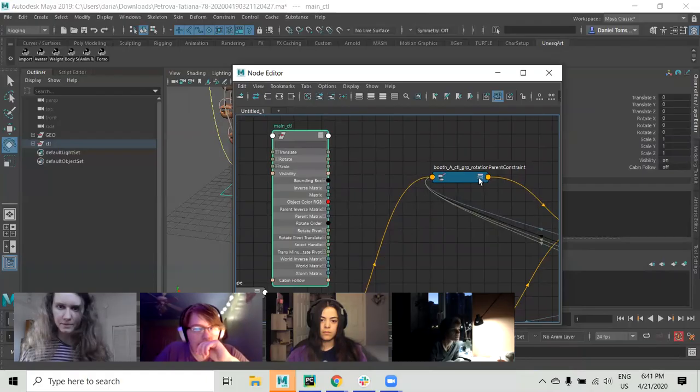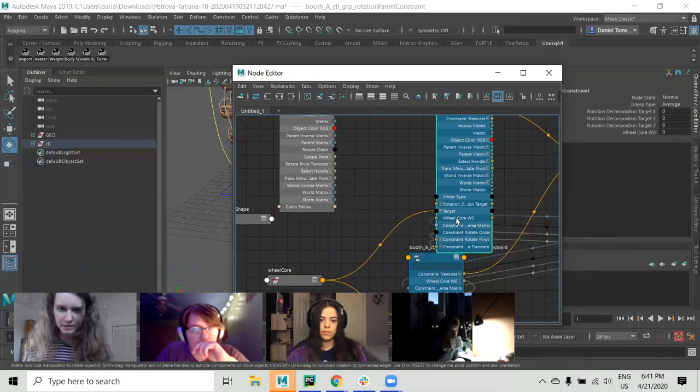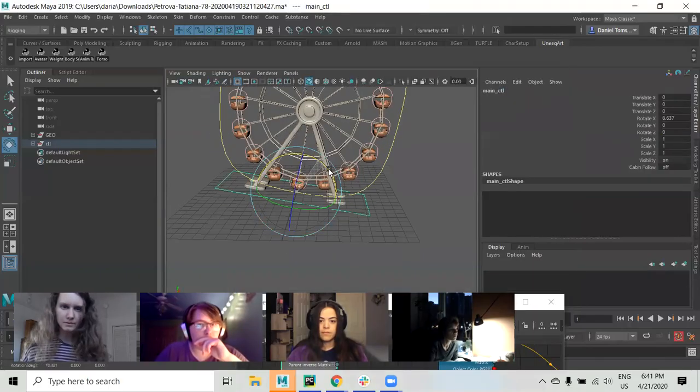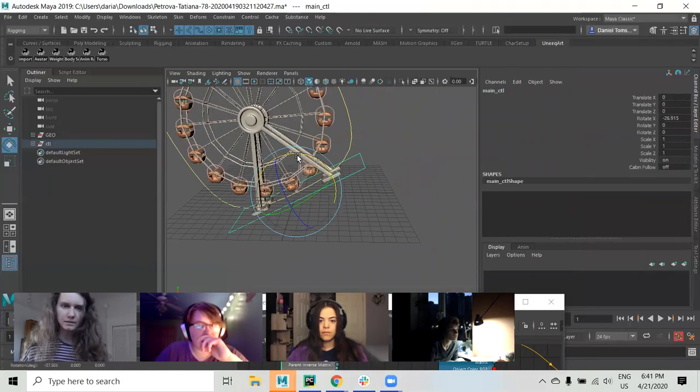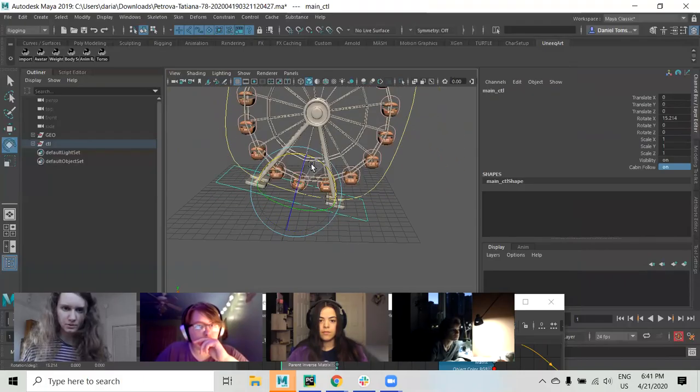All right, so we have cabin follow, and now we want to find the weight attribute. Here it is. Wheel core weight is 0. So now, as we connect them together, this wheel core will be driven by the cabin follow attribute. So now, by default, it's going to be staying here. And if we turn this to 1, to on,